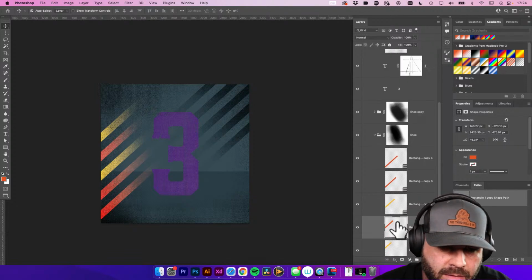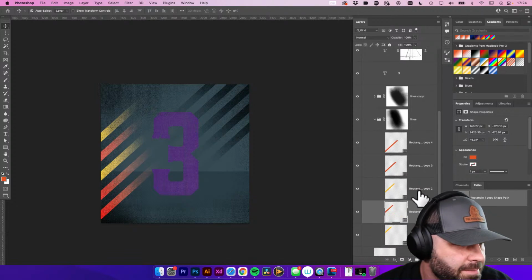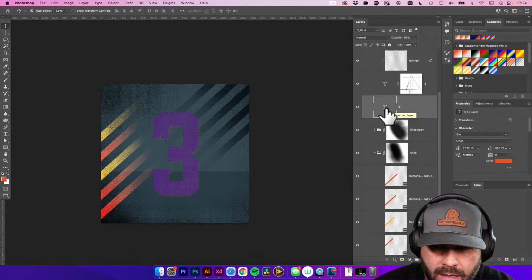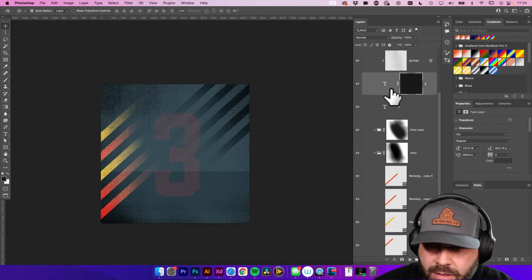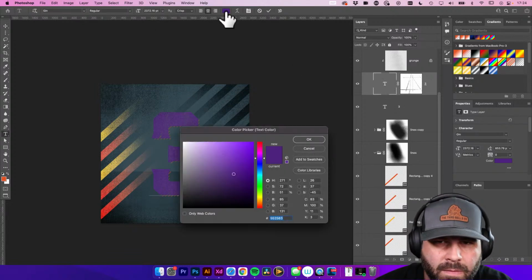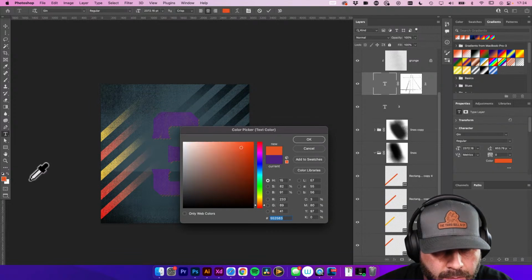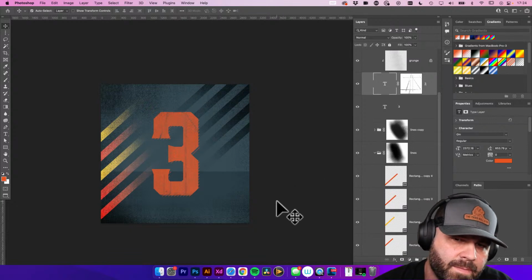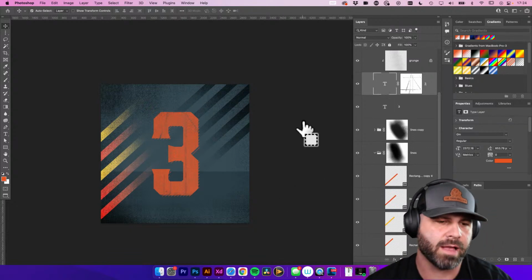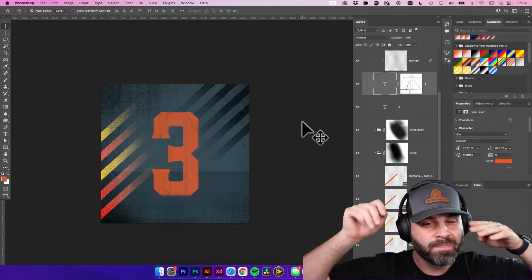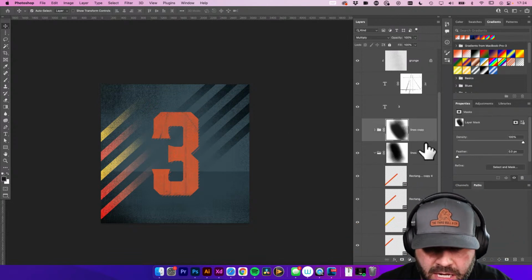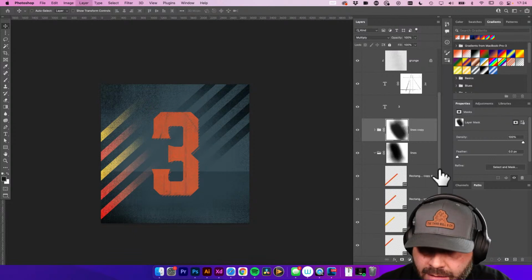Maybe we'll leave that one yellow. That's kind of cool looking. The 3 needs a color change. What's going on? It's kind of different. Anyway, yeah, so just kind of playing around with some different effects, just seeing what happens. I'm going to group this again